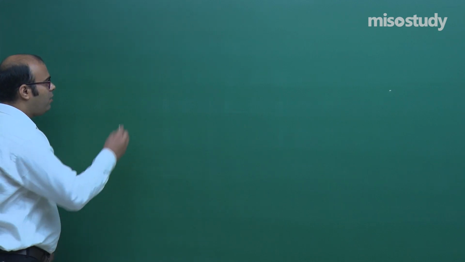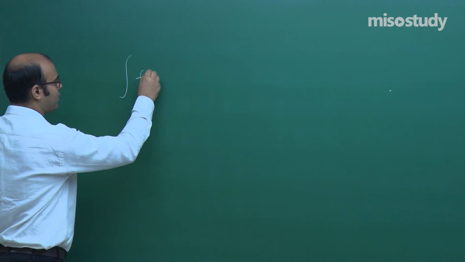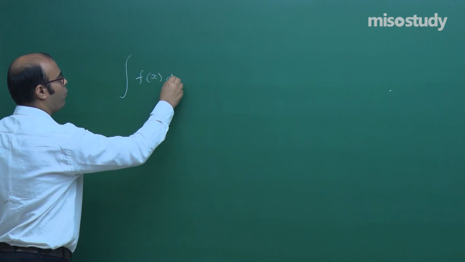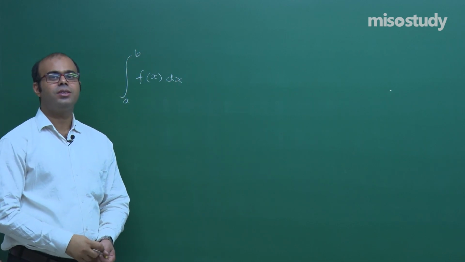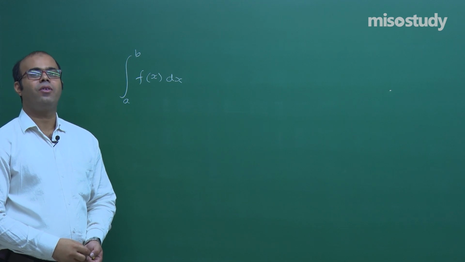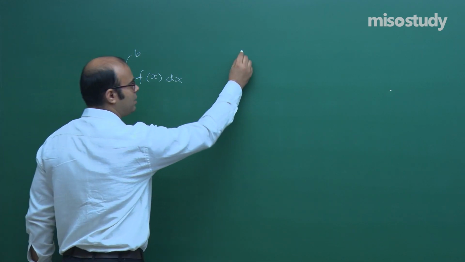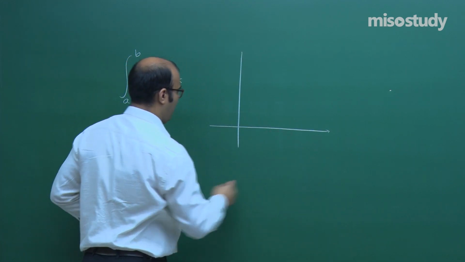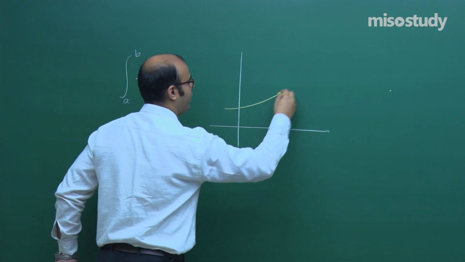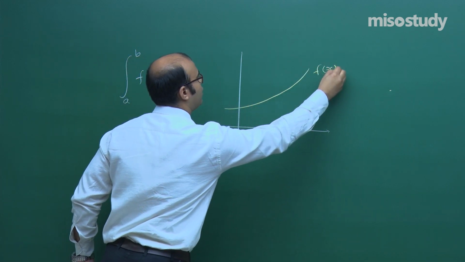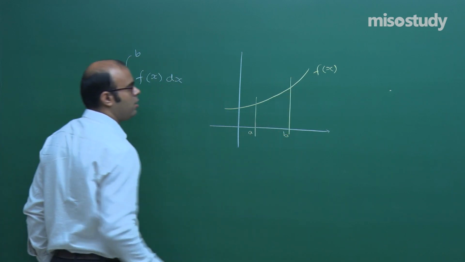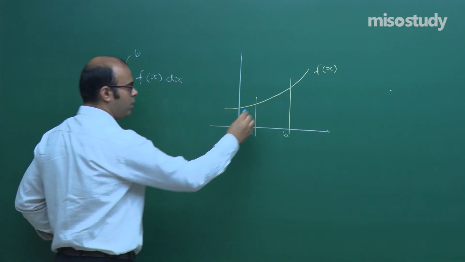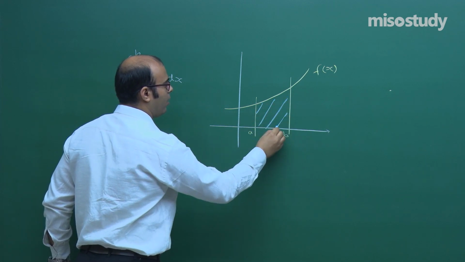This is, if we take a function f(x) and we integrate it from a to b. For now let us suppose f(x) is a function which is positive. So we are taking the graph above the x axis. So this is a function like this, and we are taking it above the x axis. So this is the function. We are taking from a ordinate to b ordinate. So the area which it includes is actually this area.